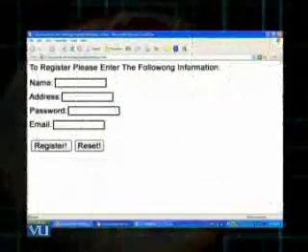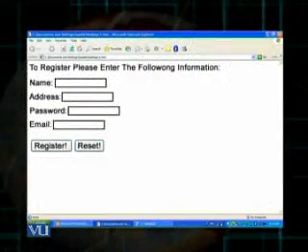I can show you a slide here. You can see that there are 4 different text boxes in a form which is open for the user. There is a heading, register, please enter the following information, and then there are the 4 text boxes: name, address, password, email, and then the 2 buttons, register, which is a submit type button, and the reset button.